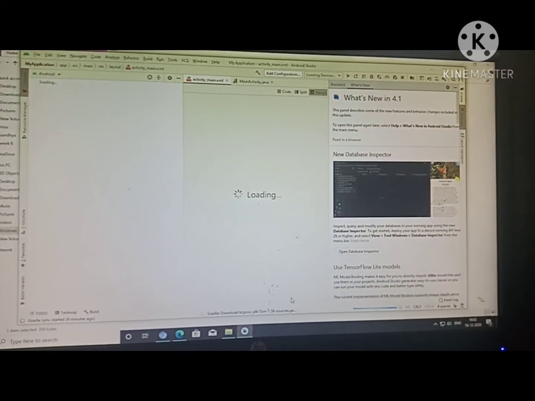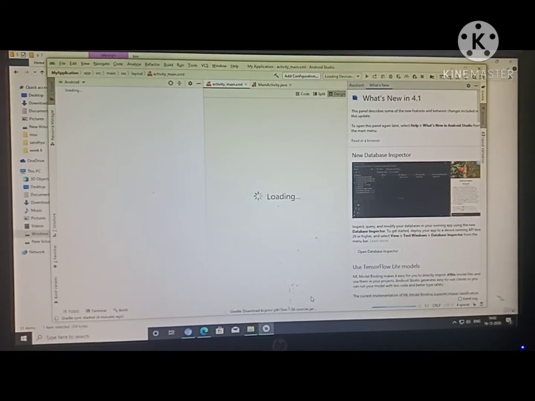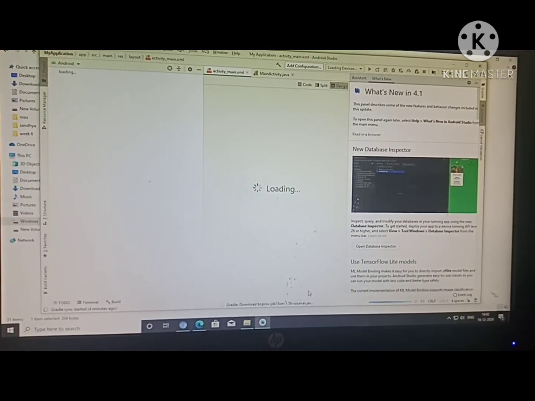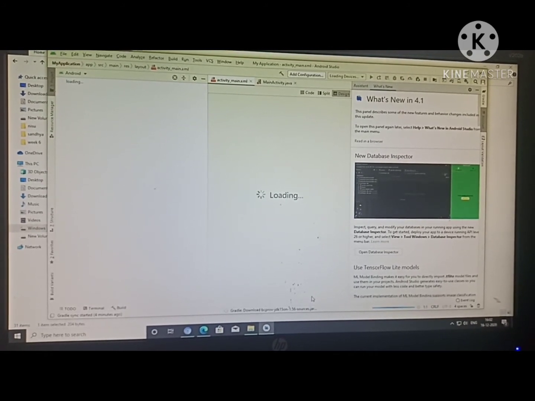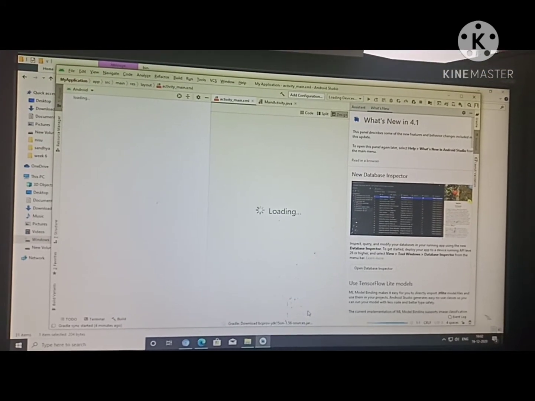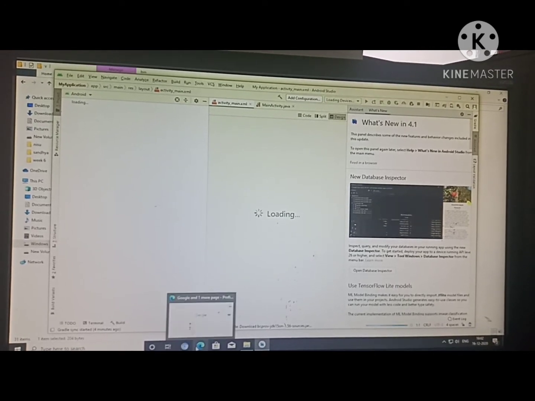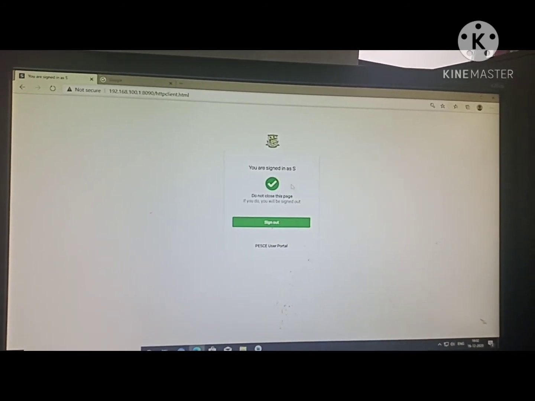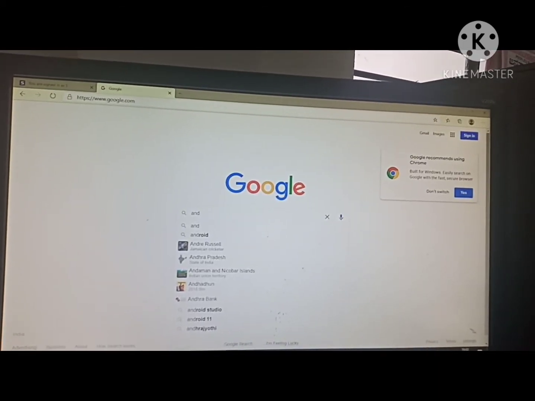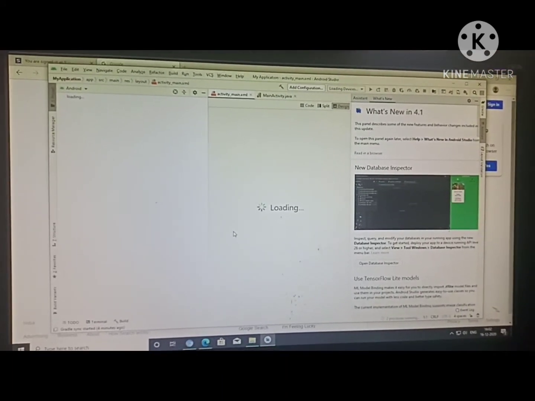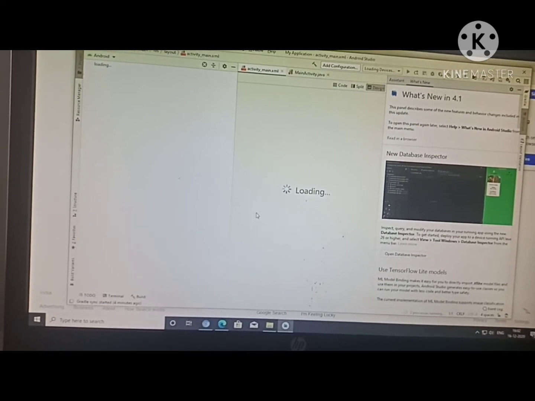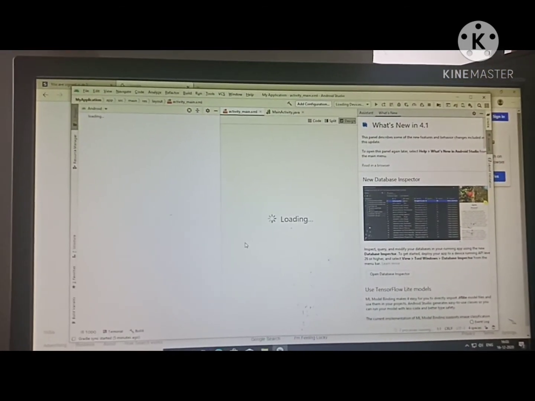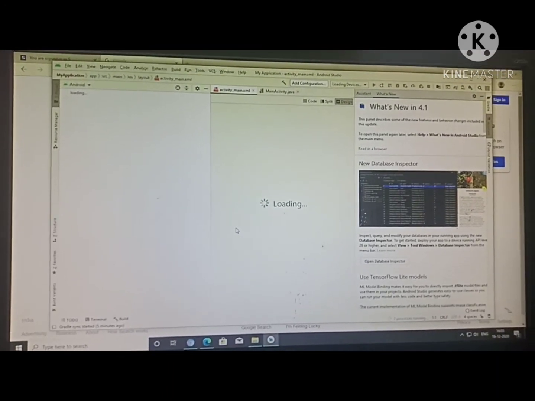So it is taking all the required files. Still two processes are running.